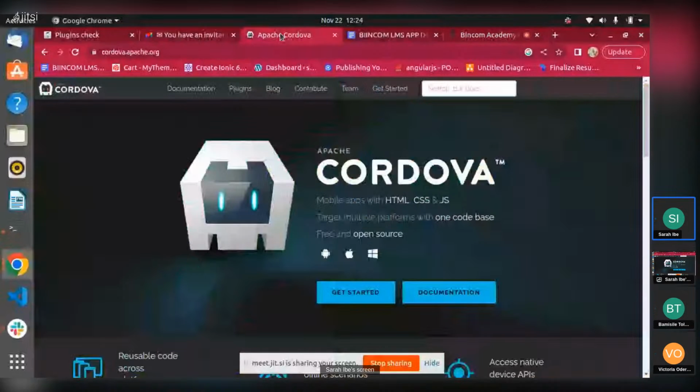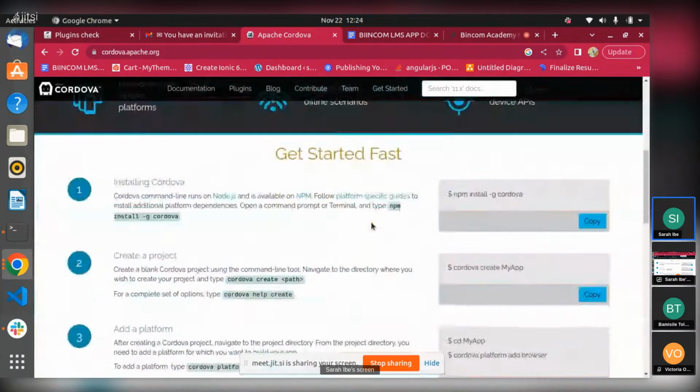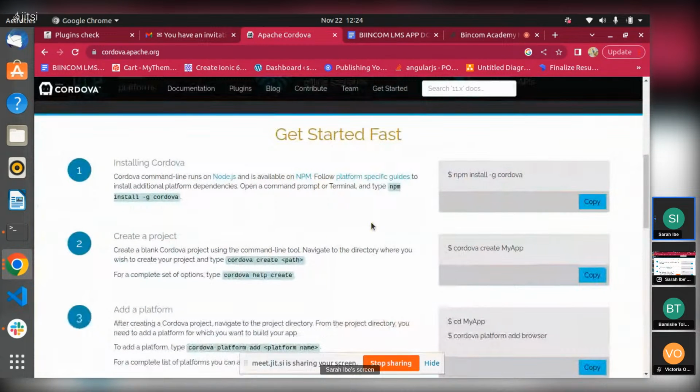So this is Cordova I talked about, the Apache Cordova. Like I said, you build mobile apps with just HTML, CSS and JavaScript. You target multiple platforms with one code base. That is multiple platforms in the sense that it could be web apps, it could be native apps that we all know. We'll still get to this.